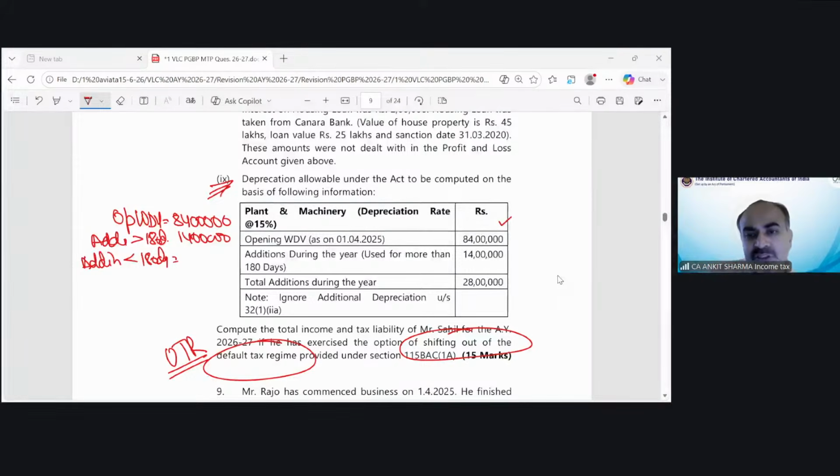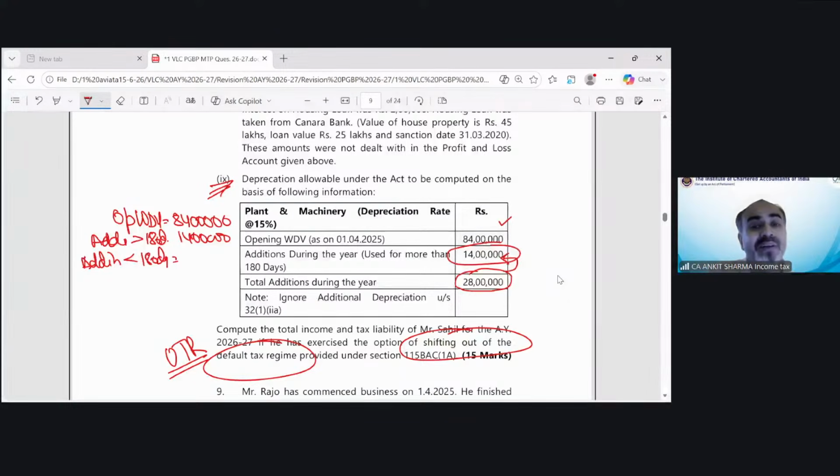So this is called total addition of 28 lakh in the year. And if the second point is saying that out of this 28 lakh, 14 lakh is more than 180 days, then silently the question is just telling you that 14 lakh is less than 180 days. So we will claim depreciation at the rate of 15% on this, and we will claim depreciation at 7.5% on this. So our total depreciation would be